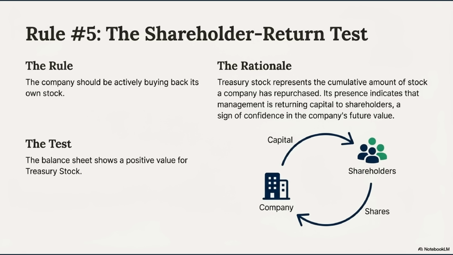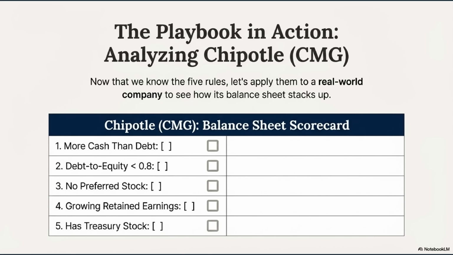I agree with that. Retained earnings, which sits right there in the equity section, is the cumulative profit the company has earned since day one, minus all the dividends it's ever paid out. And the rule is that this number must not only be positive, it must consistently grow year after year after year. This point is so critical. Growing retained earnings means the company is consistently profitable, and vitally, it is reinvesting some of that profit back into the business. For future growth, yeah.